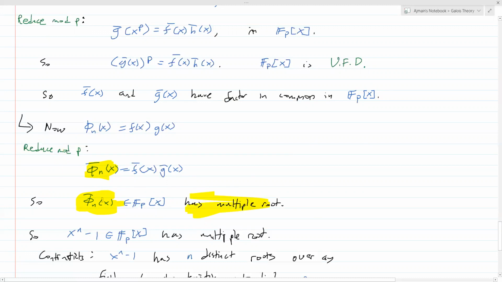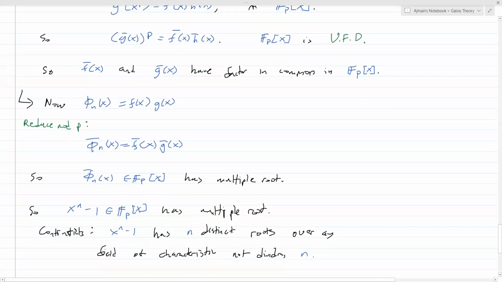And then this guy is a factor of this guy. So that means x to the n minus 1 in the polynomial ring with coefficients in Fp has a multiple root. Okay, so there's a whole long chain of logic, but the end result is a contradiction,